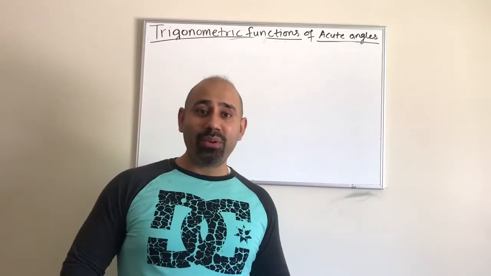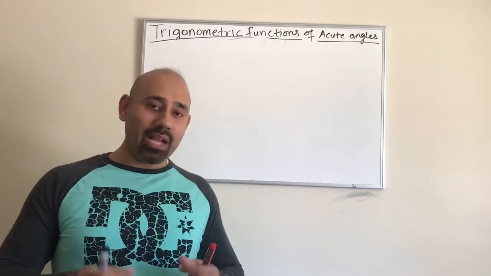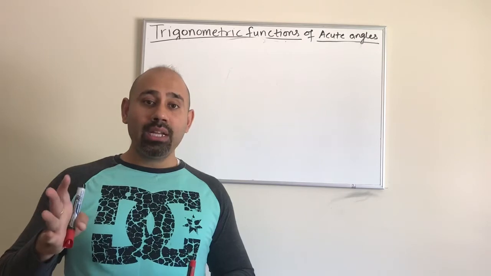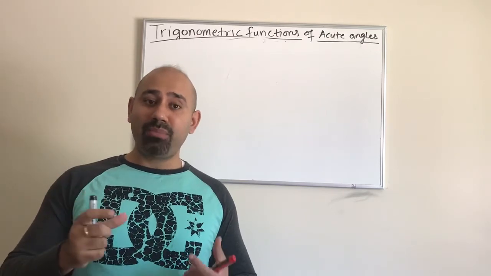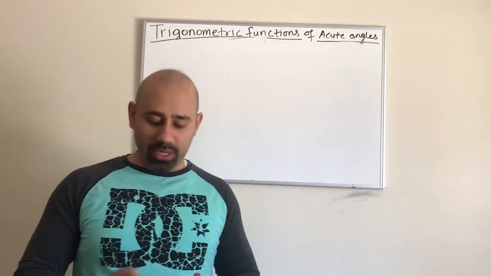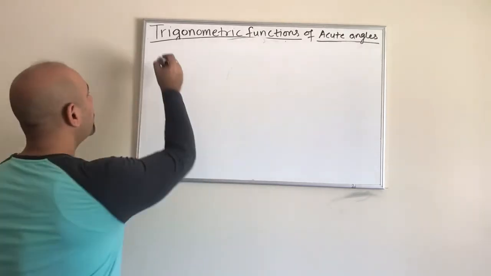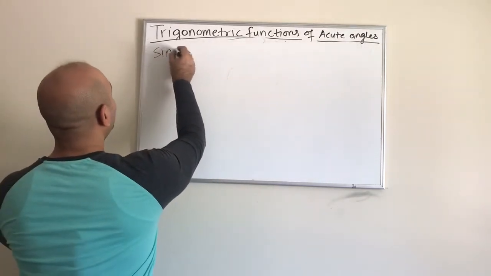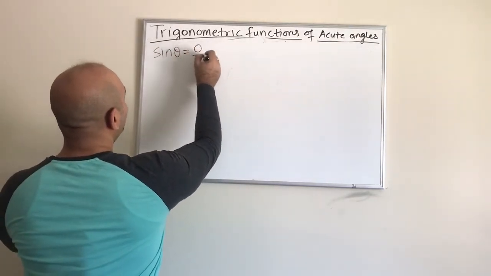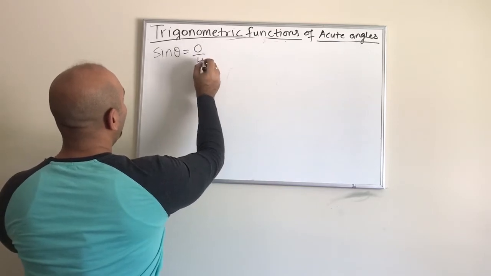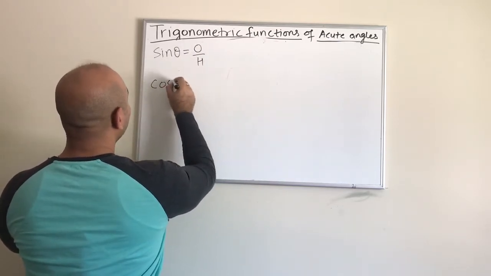Welcome back. In this video I want to show you how we can derive the four trig functions or trig ratios just by using the first two basic ones. The basic ones are the sine and the cosine. We know sine of theta is opposite over hypotenuse, and the cosine of theta is